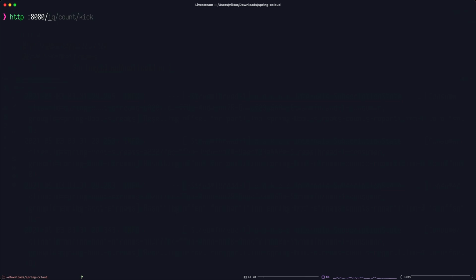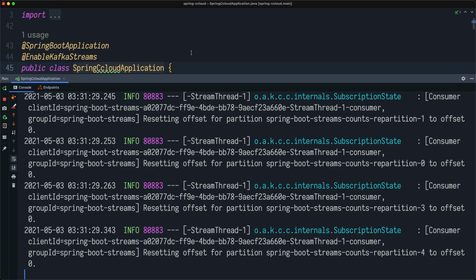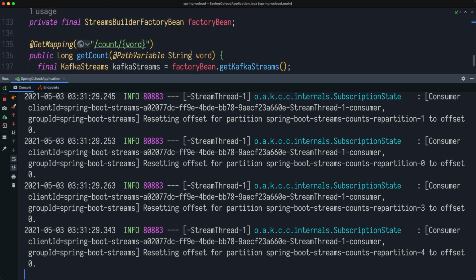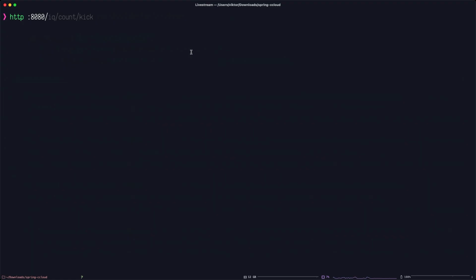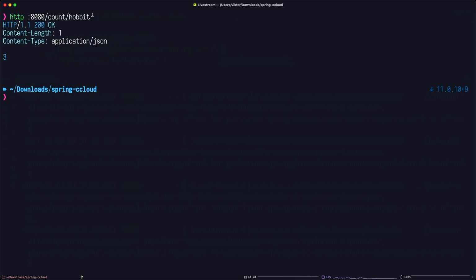And in this case, I'm going to do, what was the endpoint? Count Hobbit. So 3 times Hobbit was appearing here. So maybe something like, I don't know, dragon.